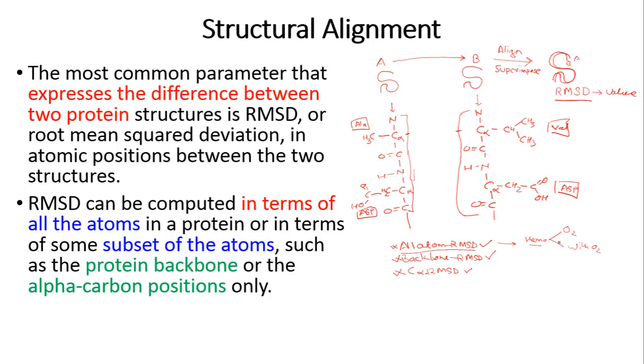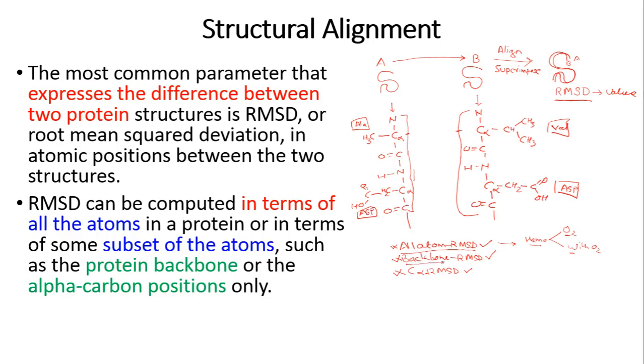So if such is the case, if you want to find out what is the difference between these two structural states, one is oxygen bound and another one is oxygen unbound, or the structural state of hemoglobin where there is no oxygen, in such a case you might use all atom RMSD. Okay,